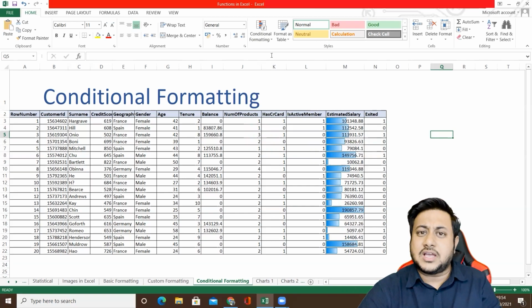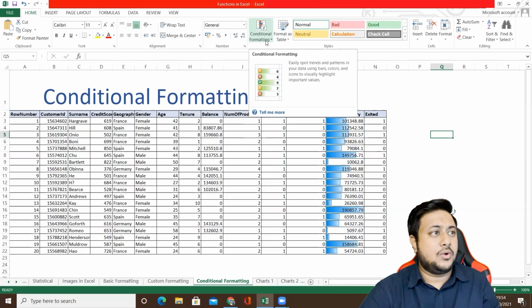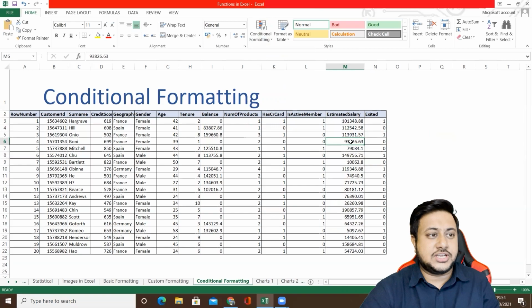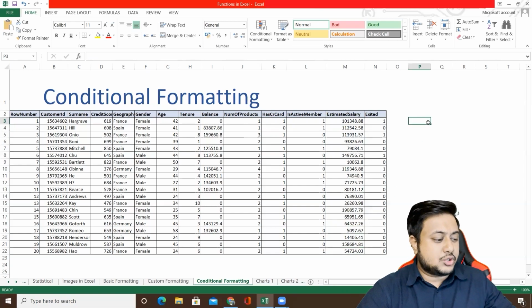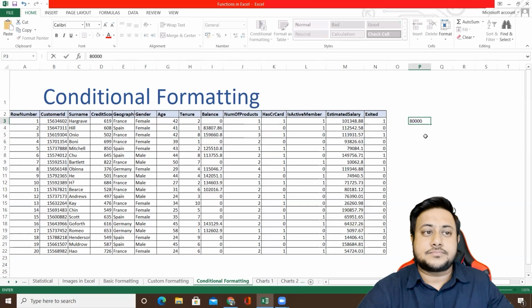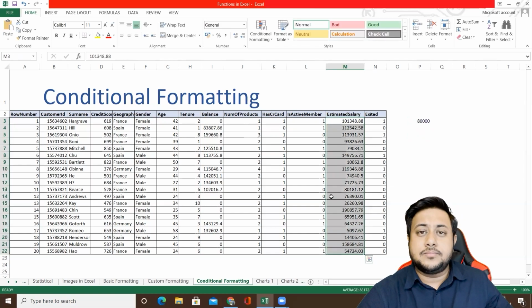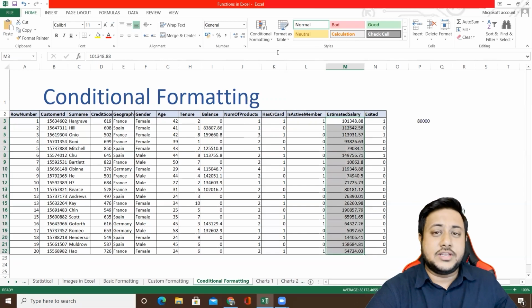Now there are various other options. Data bars are just one of them. Okay, let me just delete it. Clear rules from this entire sheet. Now let's say we want to do some formatting based on a threshold value. Let's say my threshold is 80,000. Simple. Now click on this column, go to conditional formatting,